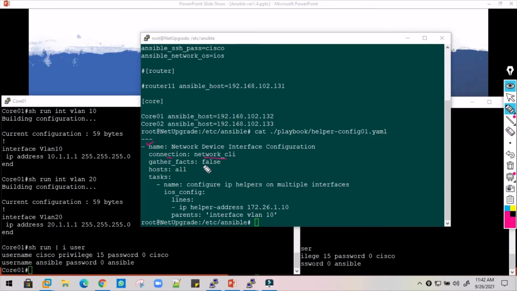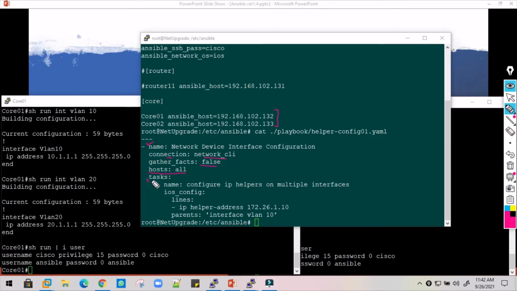It's not required to gather facts, because in this case we are not collecting any information, we are simply configuring. It needs to log into all the devices we mentioned in the host file. If you remember, we configured these two devices in my host file, which it needs to log into and configure the helper address command.